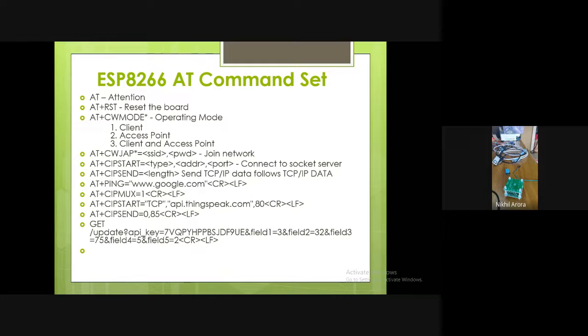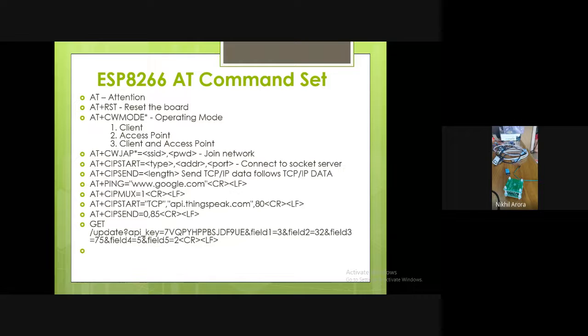So these are a few AT commands which are very important. This is the most important slide of today's theory. The first command is AT. If you give AT, the chip should respond OK. That means the chip is okay, alive, and has power. AT+RST is to reset the chip. AT+CWMODE is to choose whether you connect via a Wi-Fi gateway, or this itself is a Wi-Fi gateway, that means you are an access point or you want to connect to an access point. If you are confused, just go for mode 3. Otherwise, you can go for client mode or access point mode.